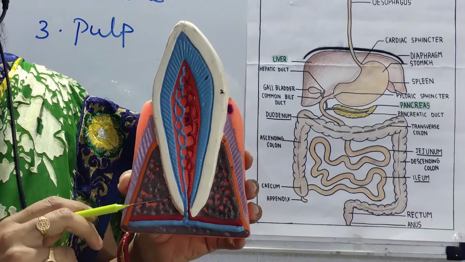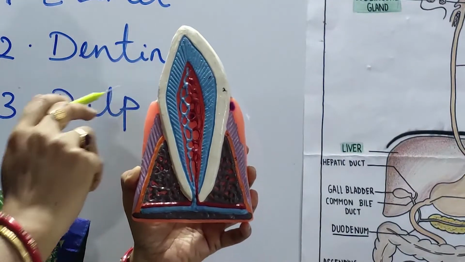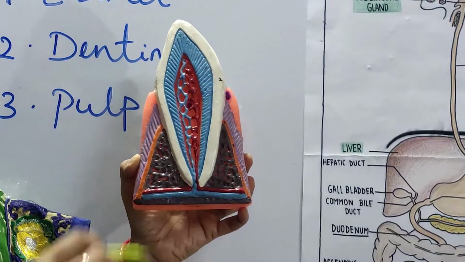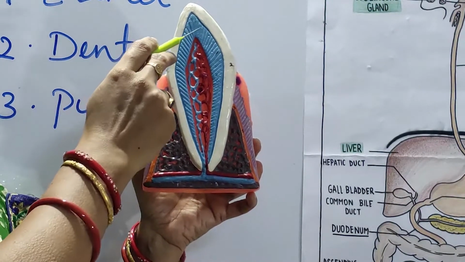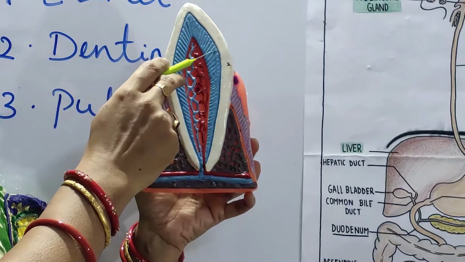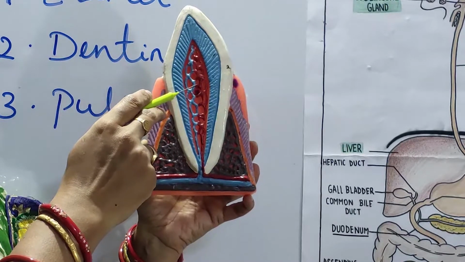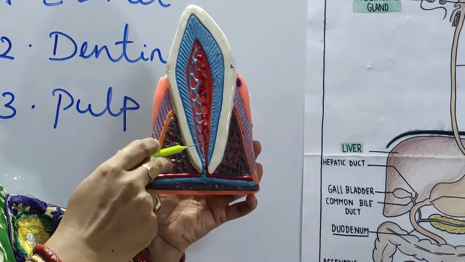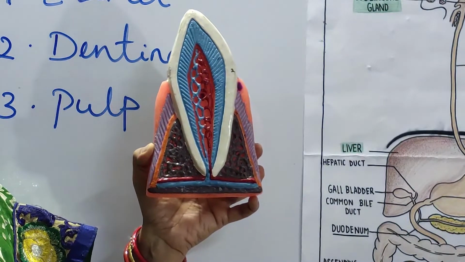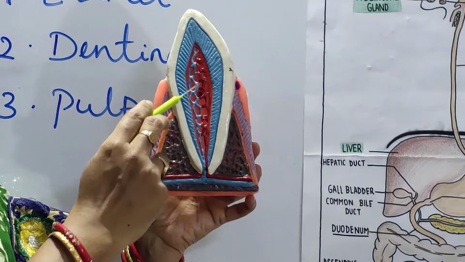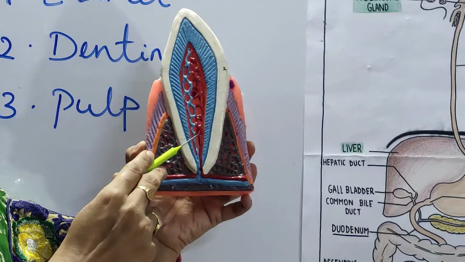This is the vertical section of the incisor tooth. The outer hardest part is known as the enamel and inner to the enamel is present the dentine. We can find here the minute protoplasmic canals or channels which communicate with the pulp cavity. At the center is present the pulp cavity, which consists of the soft connective tissue that includes the blood capillaries, the lymph vessels and also the nerve fibers.